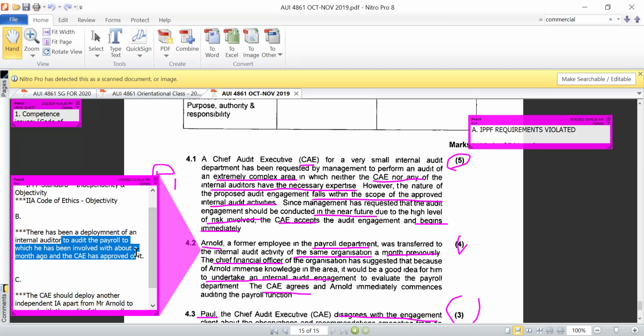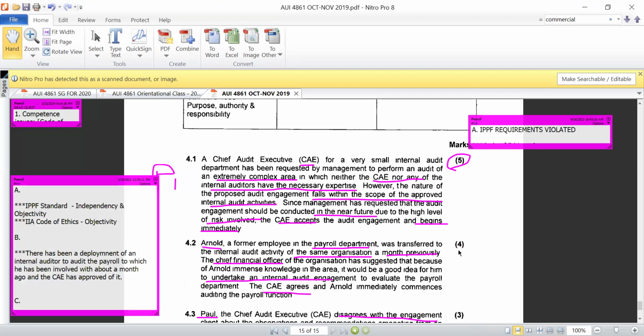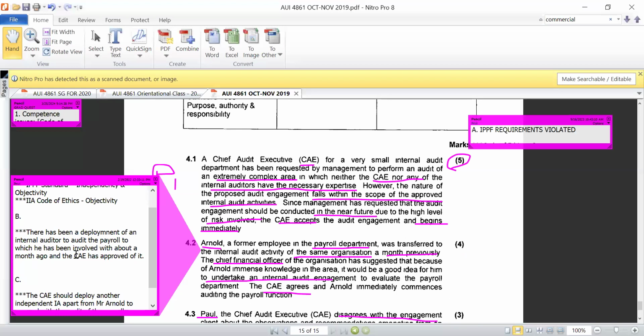Then if I want to elaborate further, but now I'm looking at the mark allocation, this is just 4 marks. So I don't have to give too much information anyway. That's why you notice here I did not give other further points. There are other points I could have emphasized, which still seem to back up why we are saying there's